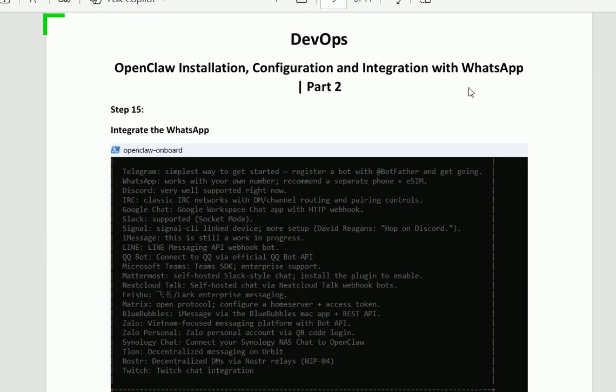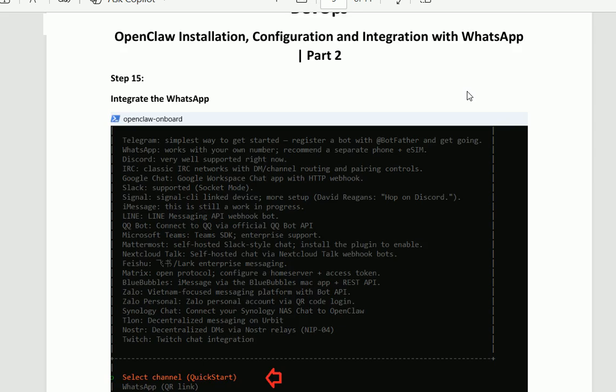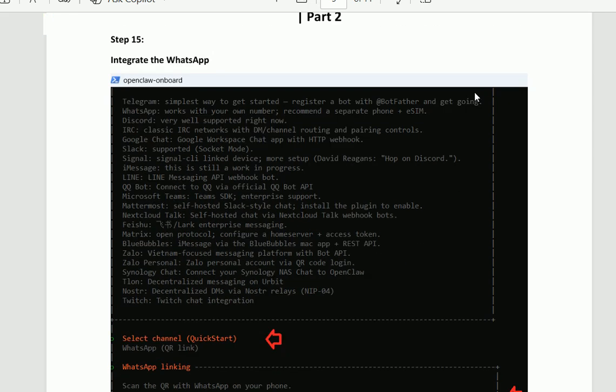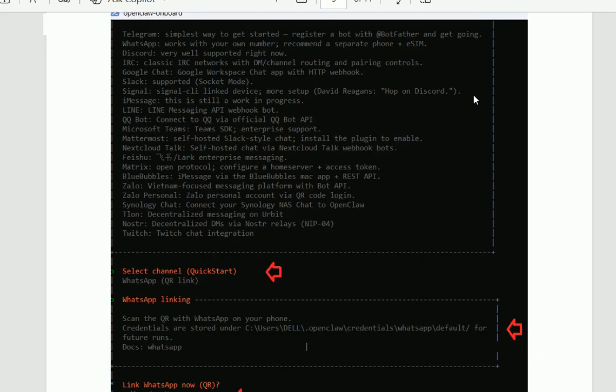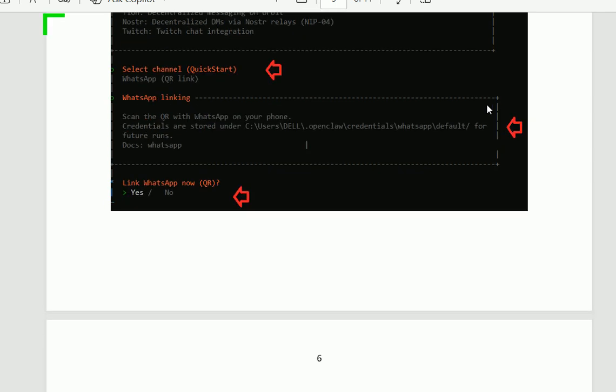Now, after this, in step 15, integrate with WhatsApp. Now we shall integrate it with WhatsApp. You can see that in the first step, we have selected the QR code for WhatsApp. In the below, we are linking the WhatsApp QR code. By using the arrow key, we have selected the yes option for this. After selecting the yes option, when we press enter, we shall see the